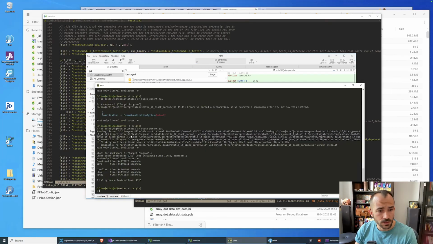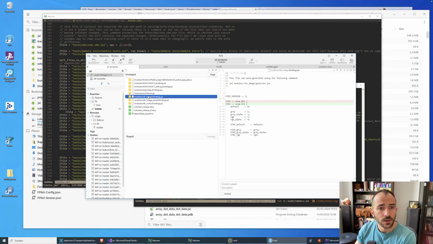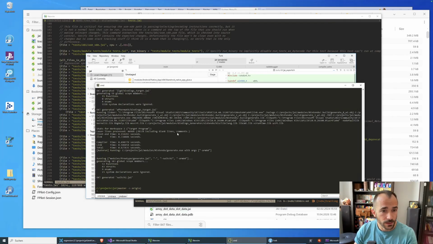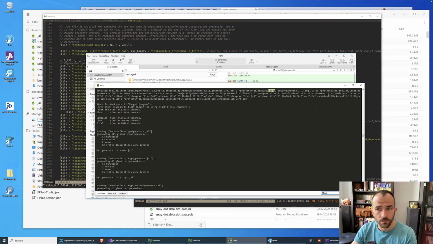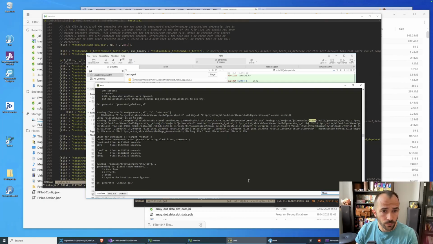Okay, how is our generate all going? It finished. And as you can see, we have a bunch of changes, but none of them are for Steam. Did it generate Steam? Running module Steam generate auto run.